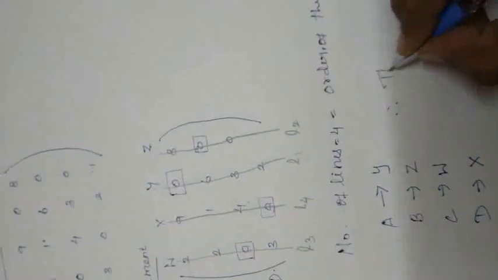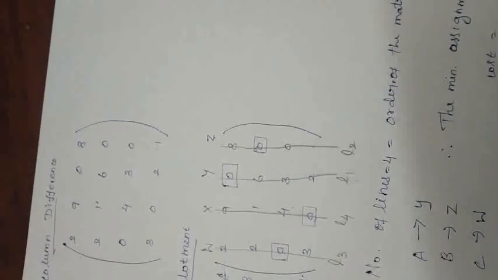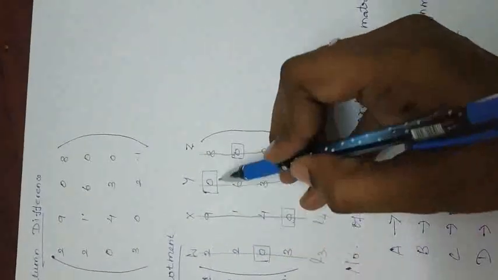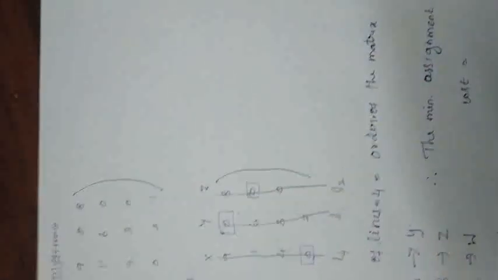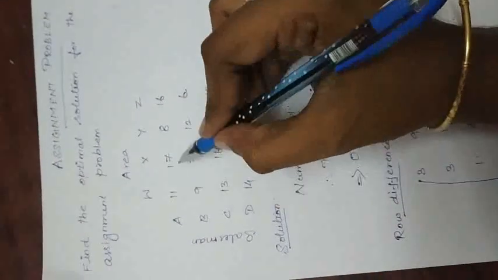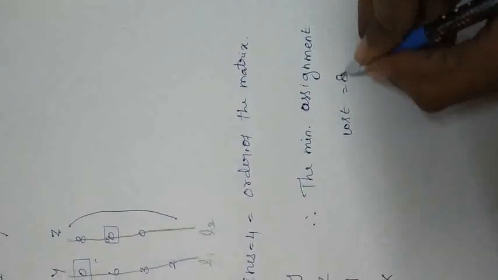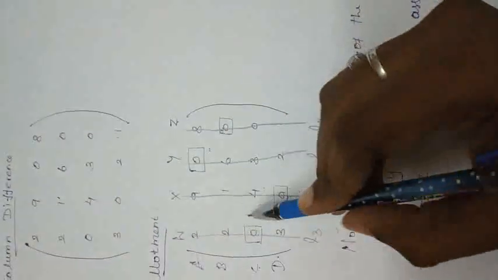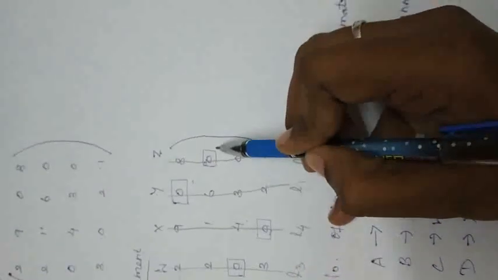Therefore, the minimum or the optimum assignment cost equal to, write down the value in the original problem where the box is placed. So in the first row, the third value is boxed. In the original problem, what is the third value in the first row? 8. Therefore, the minimum assignment cost is 8 plus